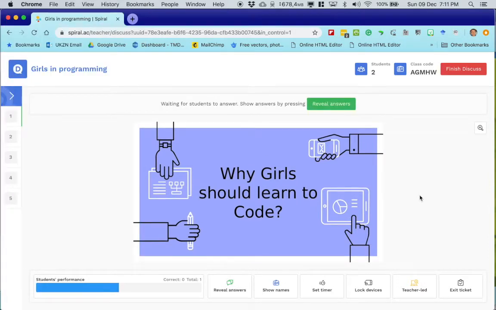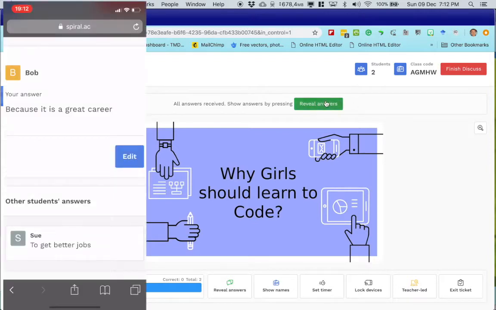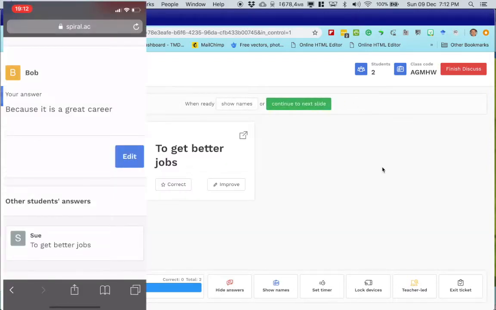Now, as soon as students type the answers, you'll notice down the bottom here, it shows us that 2 have now typed in their answers. So I can see now that 2 students have typed in their answers. Now, I haven't revealed the answers. So what's quite nice about this is we're going to wait for the answers to be revealed when all the students have submitted. Now, if we look at the student device, once a student has submitted an answer, they can see what other people have typed in. So only once they've submitted, or when I click reveal answer.